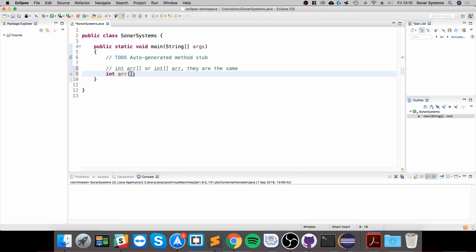So let's actually use it in some meaningful way. We can assign some values to it. You press equals, you put curly braces, and in here you put all of the values that you want. If I put 1, 2, 3, 4, 5, and 6, like so, we've created an array of size 6. The size is determined by how many values we pass in,